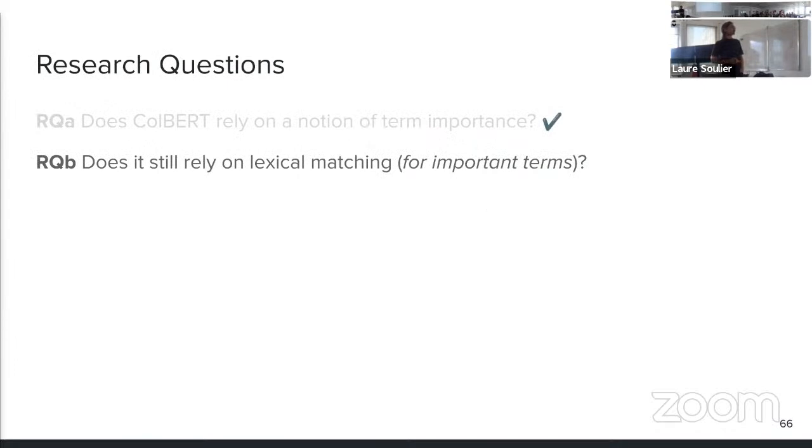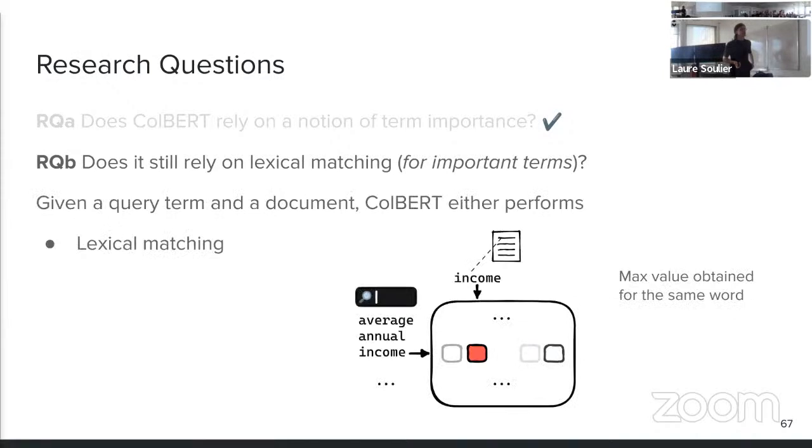Now we turn our attention to keyword matching. When we look at how matching occurs in ColBERT for a given document, there are two options. Either the model is doing keyword matching, and so the max value is obtained for the exact same word in the document. If we have the query average annual income here, the term in the document would be income.